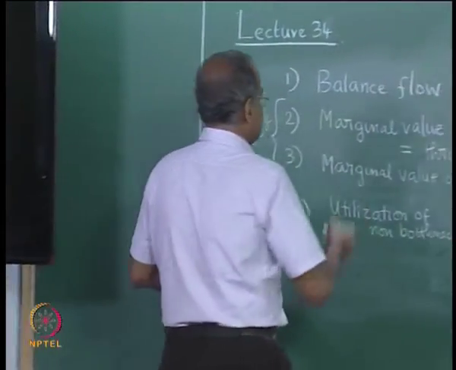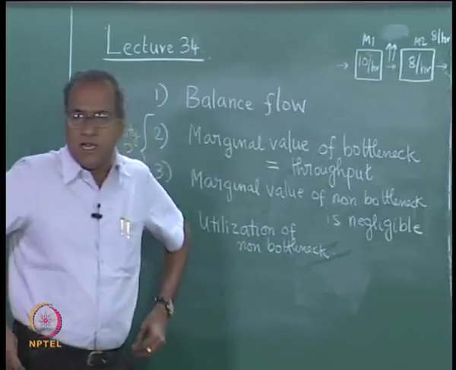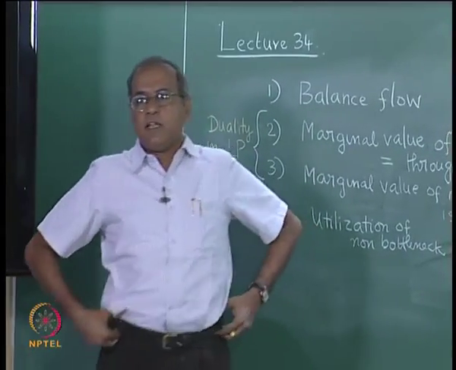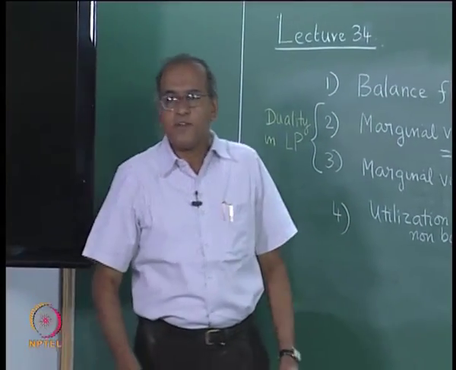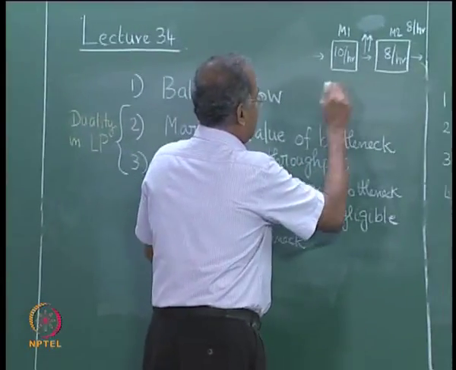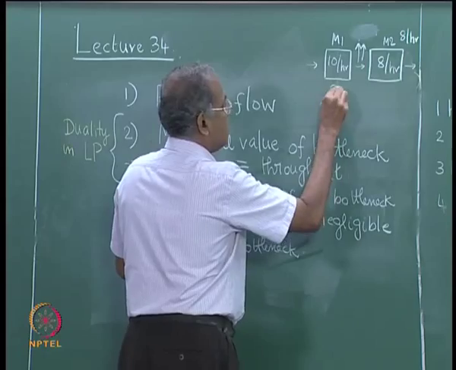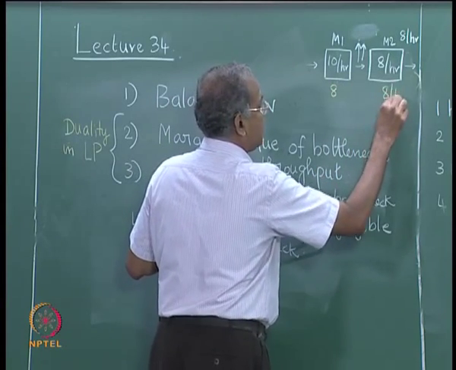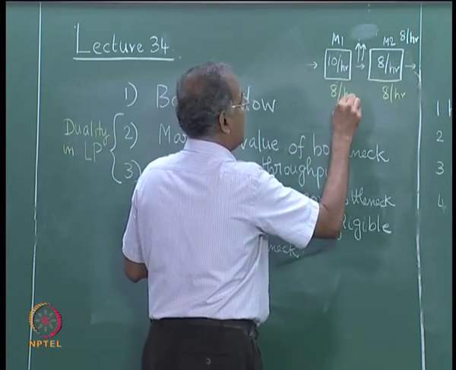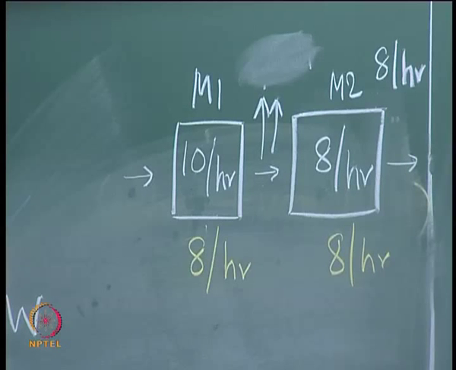Now, from the first principle, we do not balance capacity, but we balance flow. So, from the first principle, this will produce 8 per hour, which is what I had written earlier. This would also produce 8 per hour, so that maximum throughput can be obtained under the condition that this is the constraint. Now, the utilization of the bottleneck will be 100%,